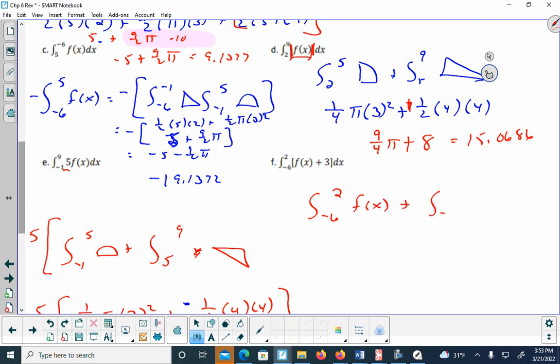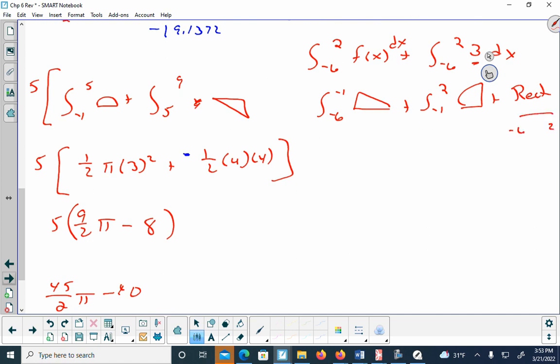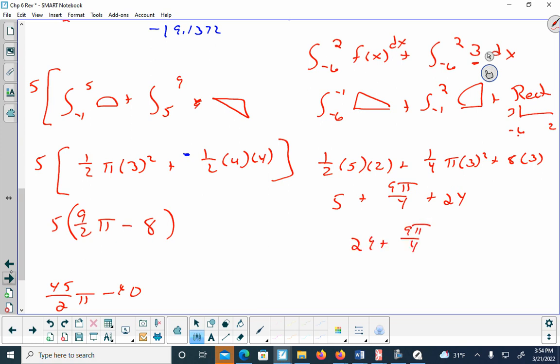And the very last one, I am going to go from -6 to 2 of f of x plus -6 to 2 of just 3. So I'm going from -6 to 2. I'm going from -6 to -1, which is going to be that triangle again. And then I'm going to go from -1 to 2, which is going to be a quarter of a circle. And then I'm going to do this guy here, which is going to end up being a rectangle that goes from -6 to 2 and has a base. So this is going to be 1/2 pi times 2 plus 1/4, this is quarter of a circle, pi r squared plus, and then this is from -6 to 2 times 3, so I'm going to have 5 plus 9 pi over 4 plus 24, so 29 plus 9 pi over 4, and then the decimal that's